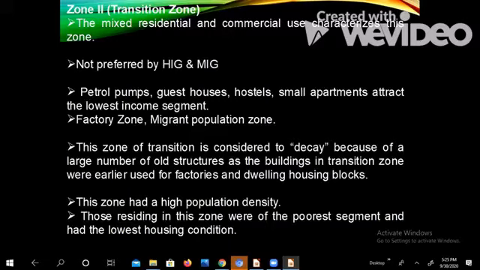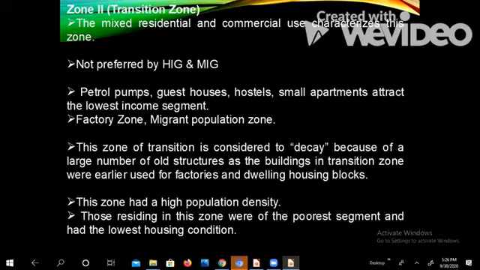In this zone, this place, once it was a residential pocket. But when the city was growing, then what happened? This became a transition zone, and the people who belonged to the HIG and the MIG group, those people who could afford, moved out of this zone. Why? Because there were various kinds of commercial activities, various factories established in this zone. So there was too much chaos, too much pollution, too much environmental degradation,